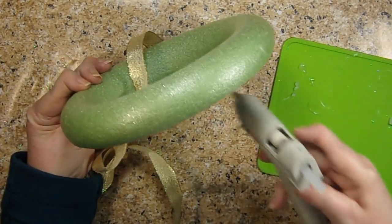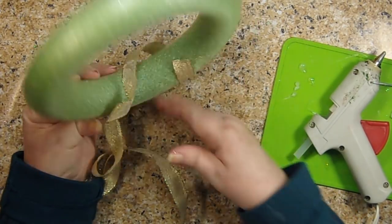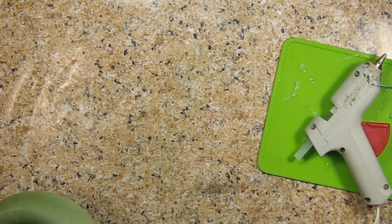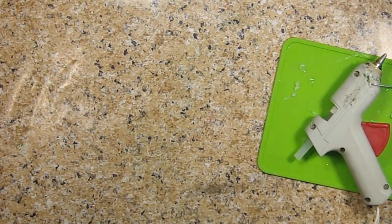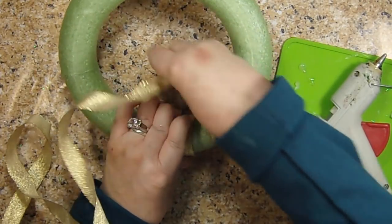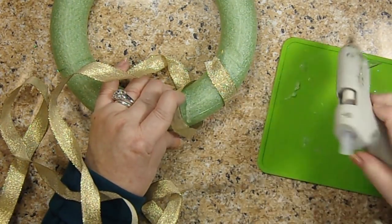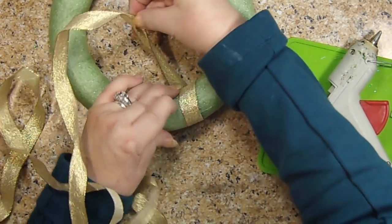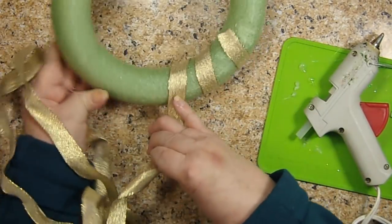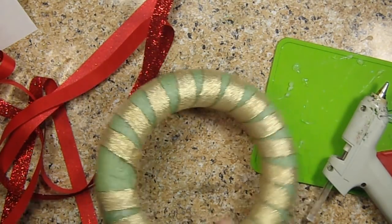Hold on, I gotta get another little dollop right there, because you know I'm gonna have to burn myself a few times when I do this. Okay, and I'm gonna layer more than one color, so that's why the gold is, you know, I don't have as much gold as I probably could use. I'm gonna put a little dollop of glue right in there. I'm gonna pull it tight like that. Kind of a way to avoid burning myself. Another little dollop right there. We're done with the first gold,